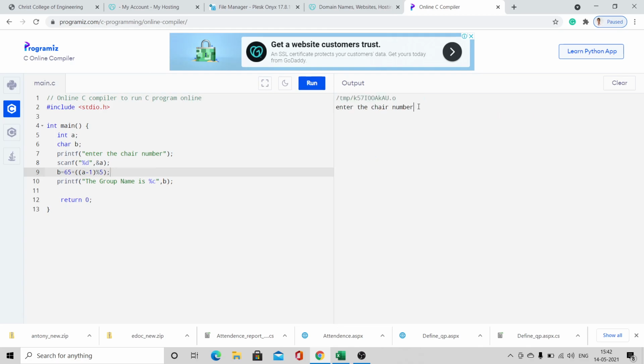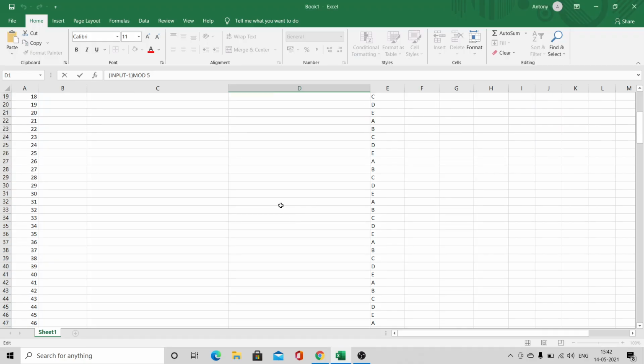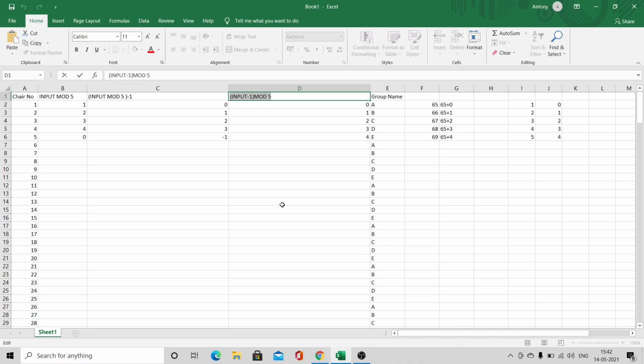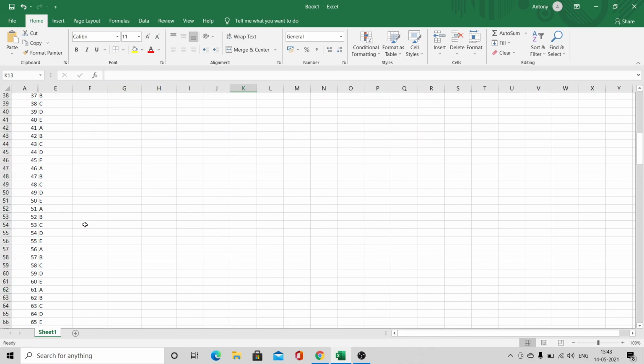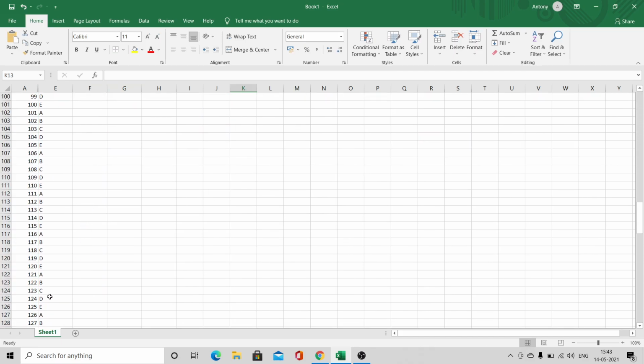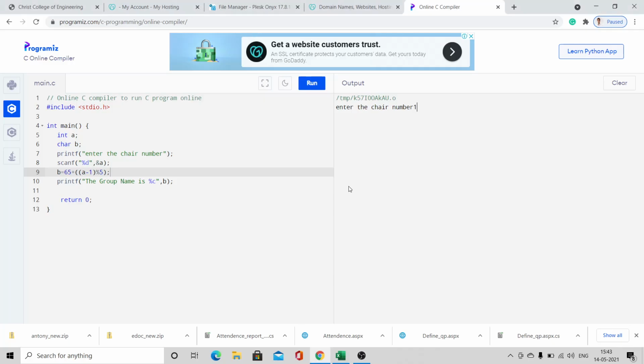Okay, so enter the chair number. So what is the chair number? Let's look on the page. I'll be hiding this. I'll be taking the chair number 122. For 122, the answer should be B. So I'll be giving 122, and the answer is,